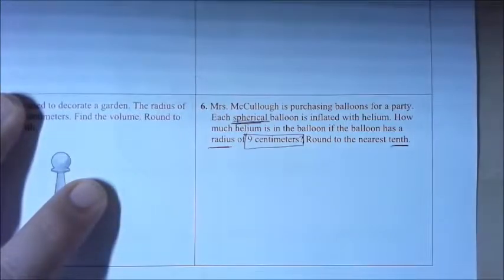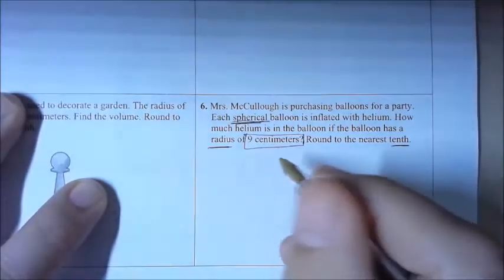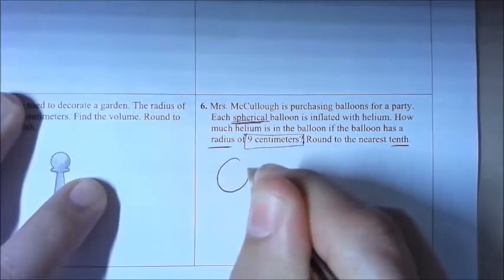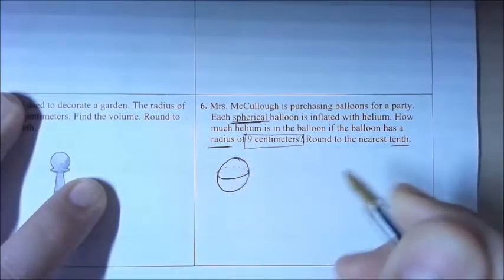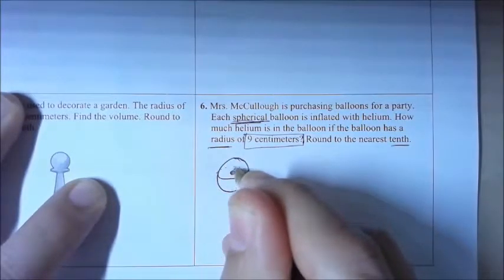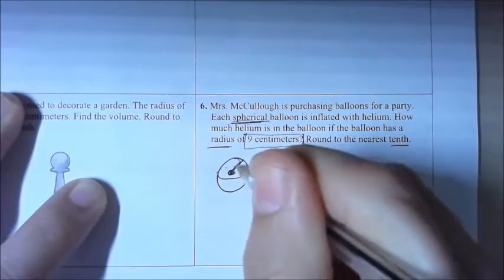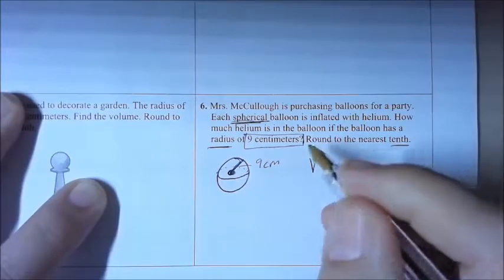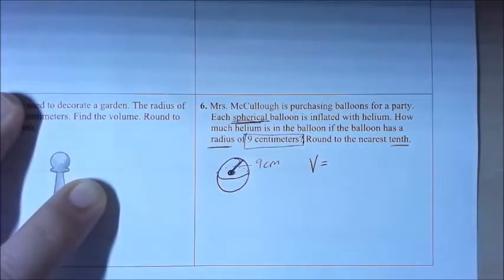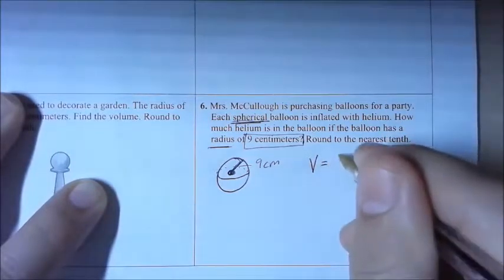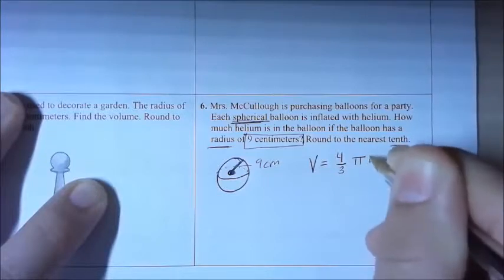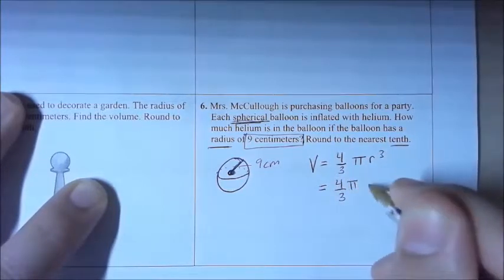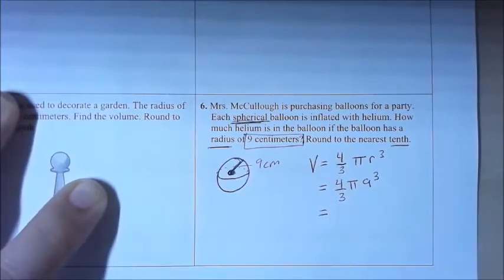If it says cylindrical, we know it's a cylinder. So let's go ahead and write this down. It's a sphere. I'm going to draw it. It has a radius. Notice this time instead of saying diameter, it says radius. So it has just the half that we need, which makes it easier. And it is 9 centimeters. So we're going to go ahead now and solve for the helium. Remember, helium fills the balloon, so it's just the volume. The volume is going to be 4/3 times pi r cubed. That means we have 4/3 times pi times 9 cubed. And if we put that into our calculator,